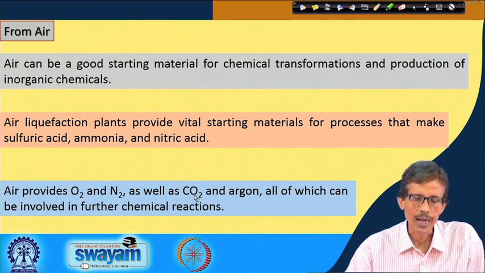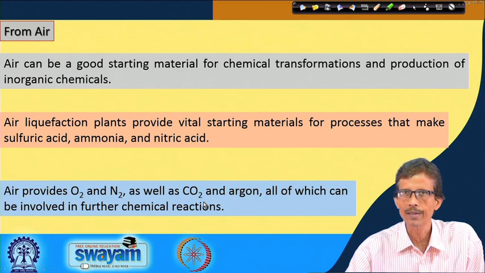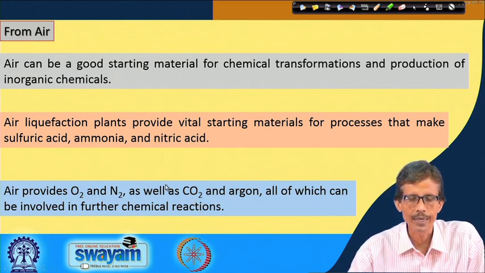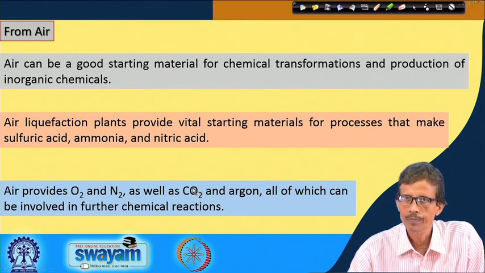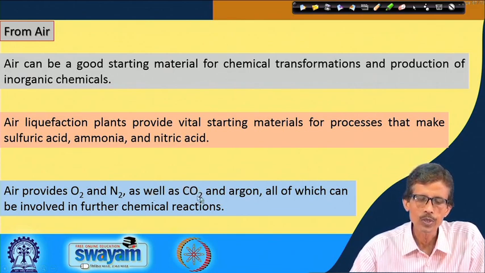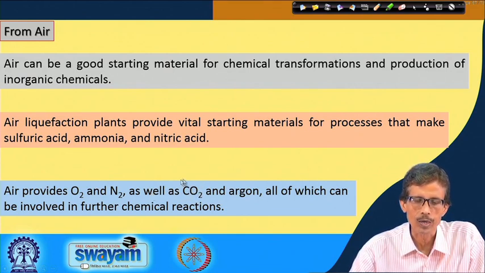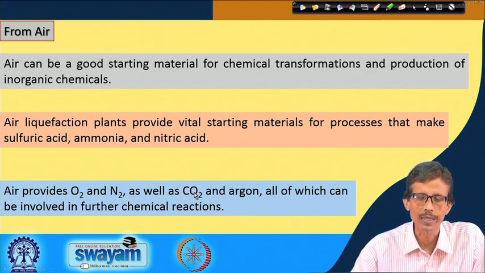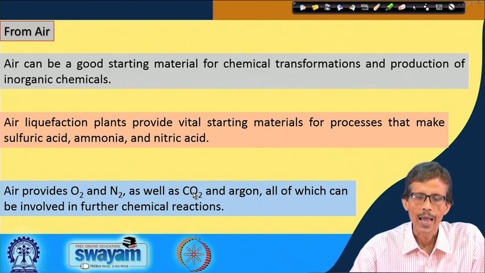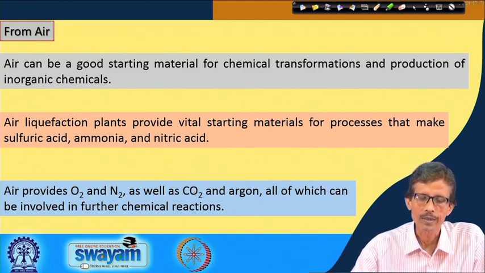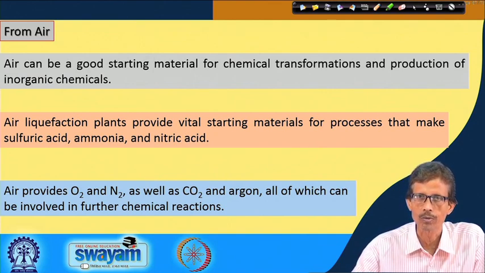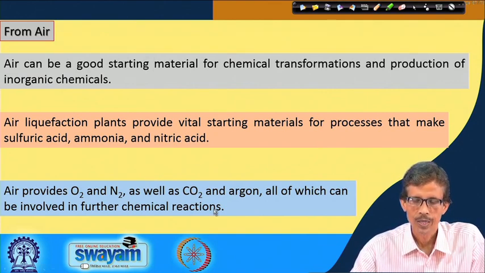and that carbon dioxide can be useful like silicon dioxide. We have seen that silicon dioxide can be converted to silicates. Similarly, if we are able to convert this carbon dioxide to carbonates, those carbonates can be separated out as a very good starting material for different carbonate salts like sodium carbonate or bicarbonate salts like sodium bicarbonate.